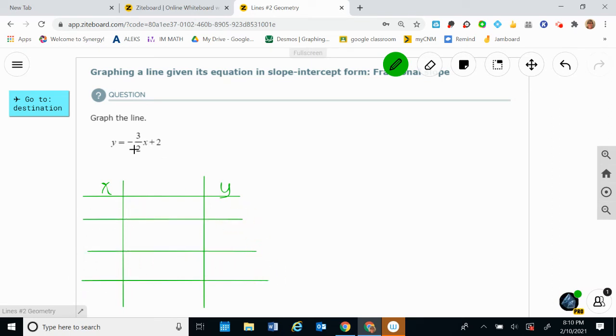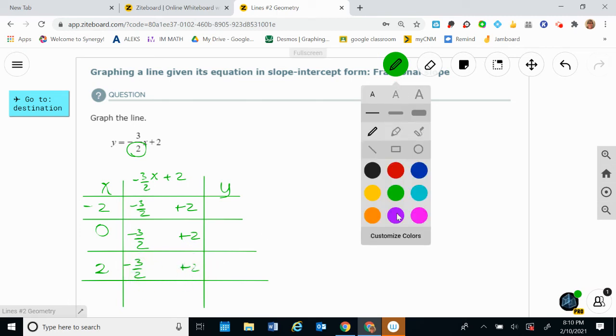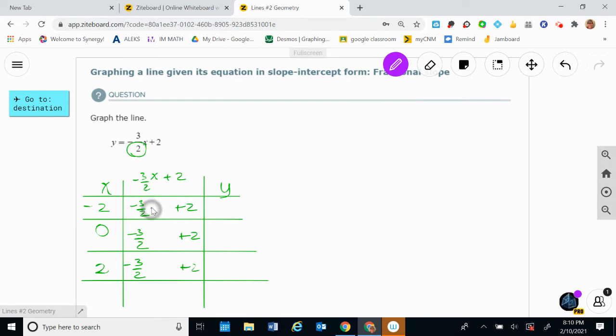3 values, but we're going to pick multiples of 2 this time. So I'm going to pick -2, +0, and +2. So I'm going to write -3 halves x plus 2. So -3 halves plus 2, -3 halves plus 2, -3 halves plus 2. All right, we're going to use a different color to substitute in. So times